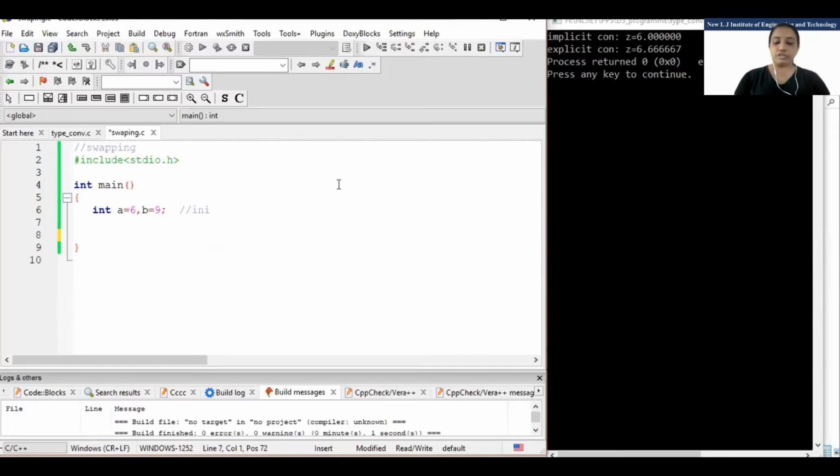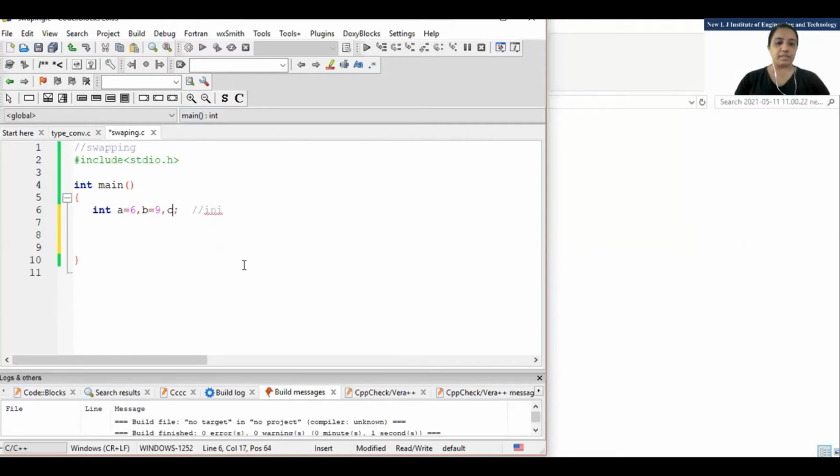Now what I need to do is swap the variables. So for swapping, I need to take a temporary third variable. I'm not assigning a value to that; I have simply done a declaration of that variable.